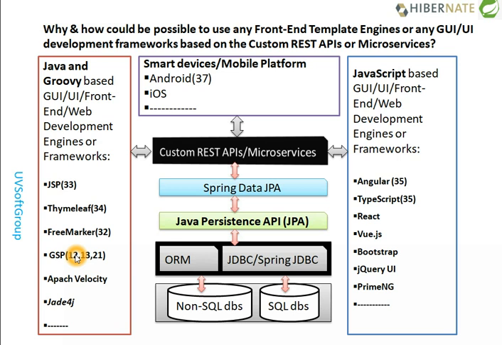So that means you see the pictures, like you define your microservices or REST APIs, you customize REST APIs. You simply choose which technology stack, which Java or Groovy based front-end technology you try to use. It's completely your own decision. If you have more developers for JSP, just use JSP, call the services, and build the GUI. If you have more developers with Thymeleaf, FreeMarker, GSP, Apache Velocity or Edit 4J,